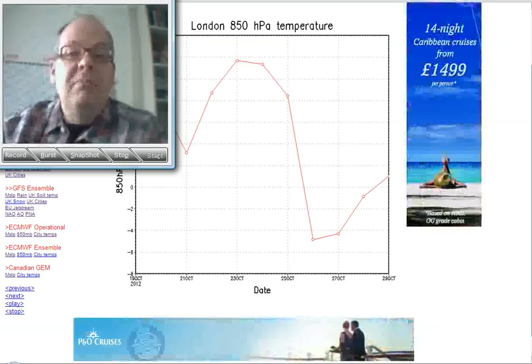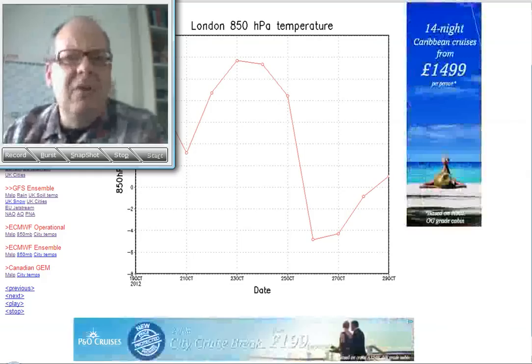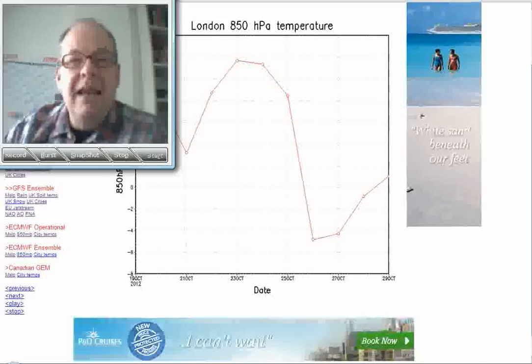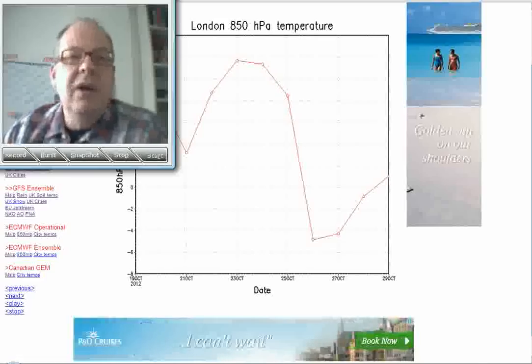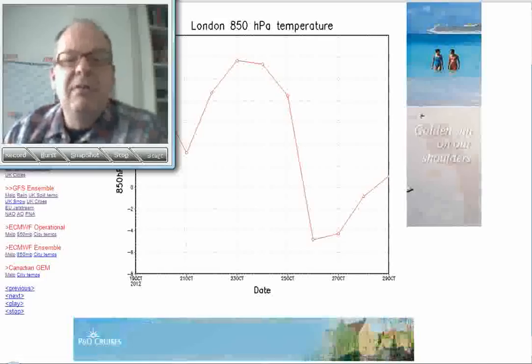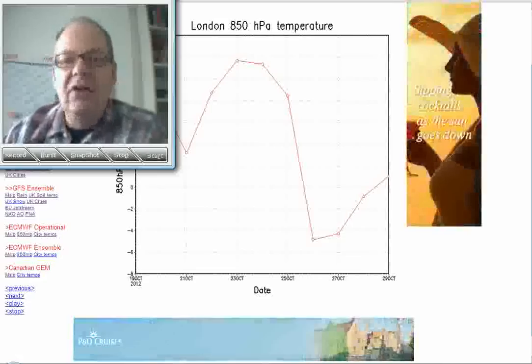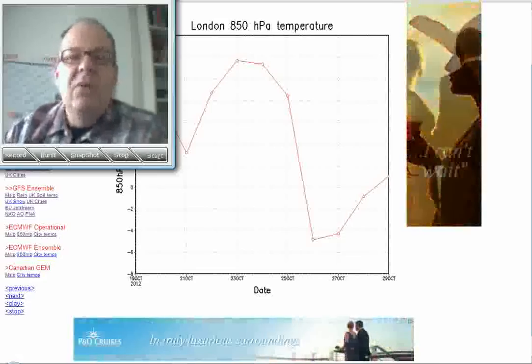Looks like we've got some topsy-turvy temperatures on the way during the next week. We've got very warm conditions coming through, or should I say very mild conditions, through the beginning part of next week. But then by the end of the week, we're taking a tumble and getting quite a cold snap that's going to be coming south across the country. The question is, how long does it last? How quickly does it get across the far south of the country,